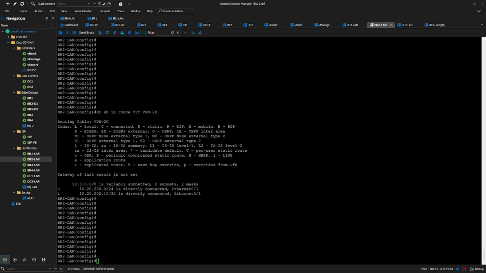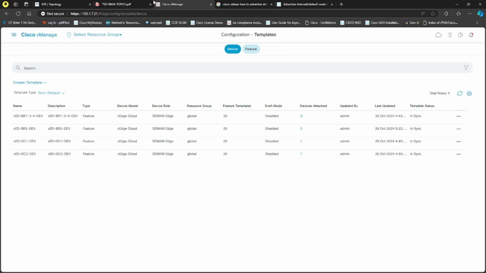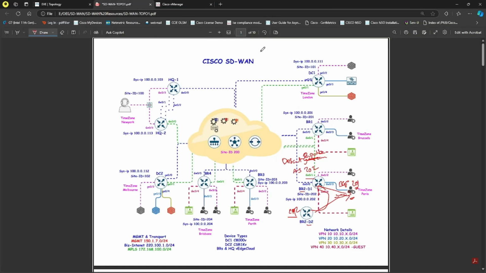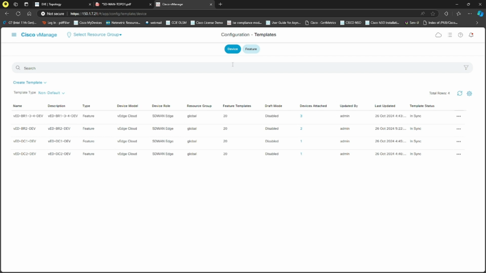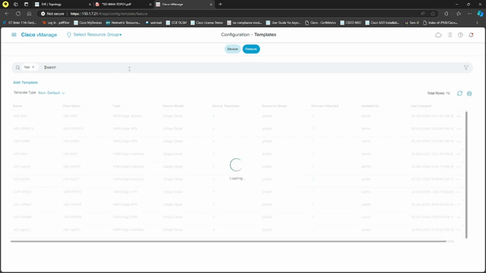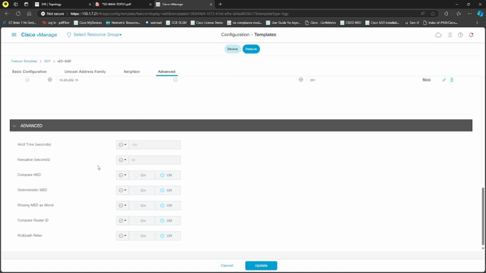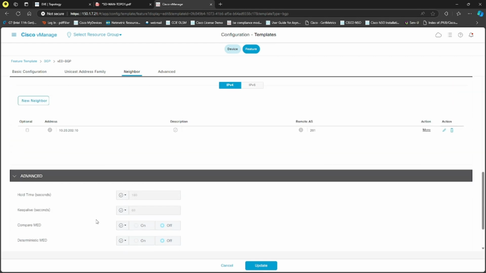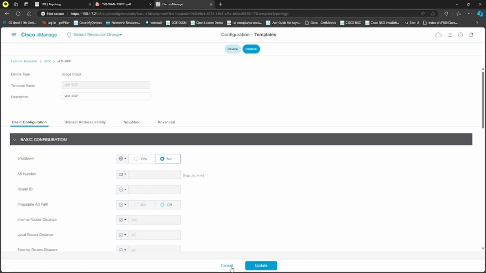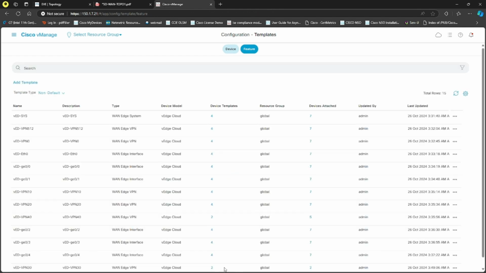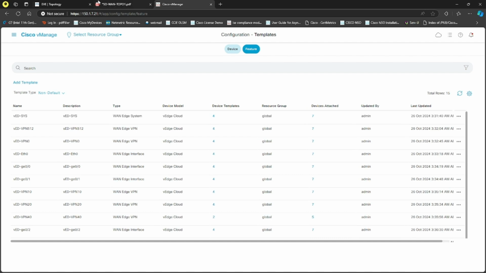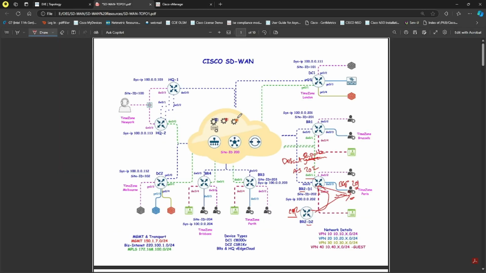Alright, so after doing some research, I found that we have to advertise the default gateway in a different way in BGP. Since there is no option, if I go back to my vManage, go to the feature and go to the BGP, nowhere do I see any option which says default route originate or something. So there is no option in here, so we cannot advertise in here. So we have to use an alternate method. The other method would be that I'm going to advertise a null route